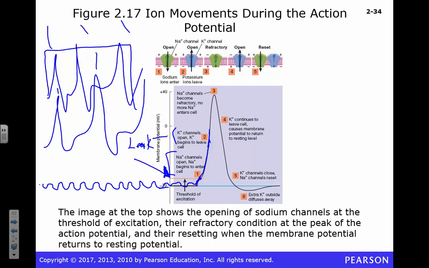So we're going to temper that a little bit, right? We've got this out so we can take care of that later. Once we reach, now we're up to maybe positive 40 millivolts, fine. Once we reach this peak, sodium channels only work for a brief period of time, right? And they're going to close, and they're going to stay closed for some period of time. It's going to make sense here in a moment why this happens. We call this the refractory period.